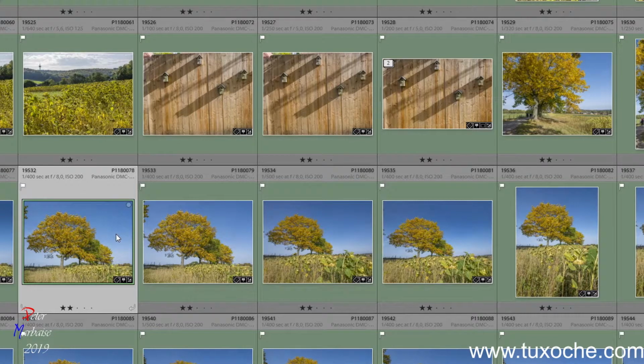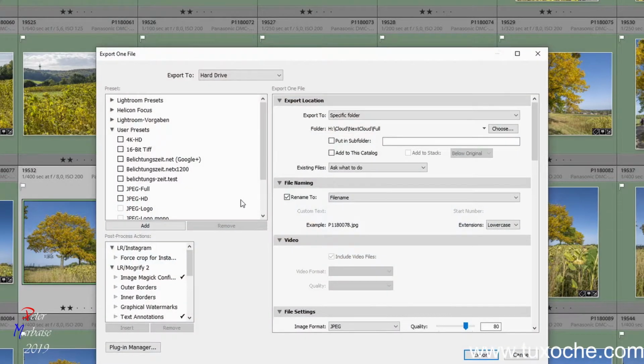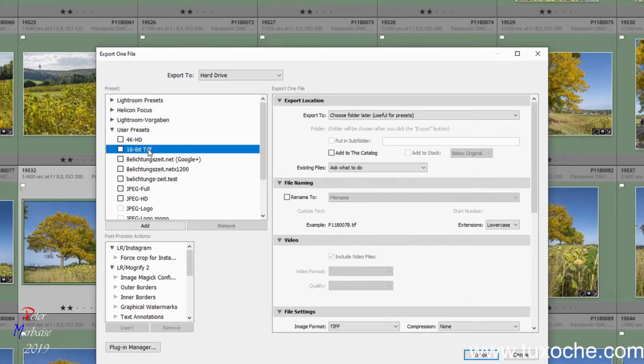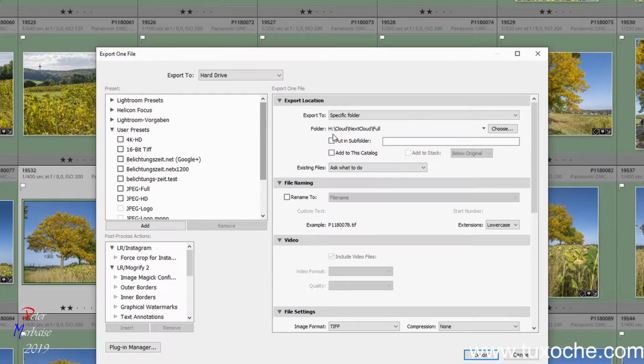So if you want to make use of this new feature, maybe if you want to export regularly a TIFF file and a smaller version as a JPEG, then it might be wise to choose the folder right away for a specific folder, so you don't have to choose the destination folder for every picture and every export preset